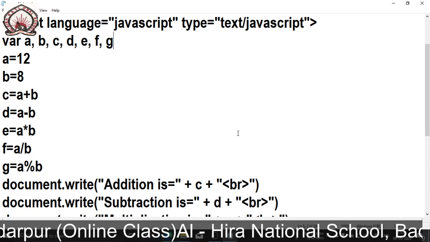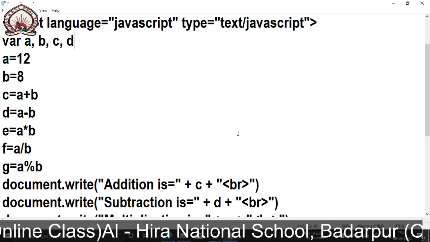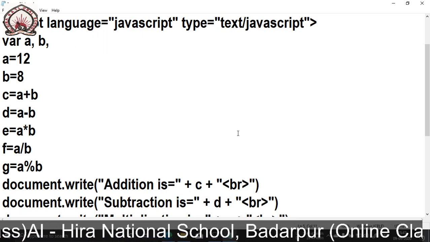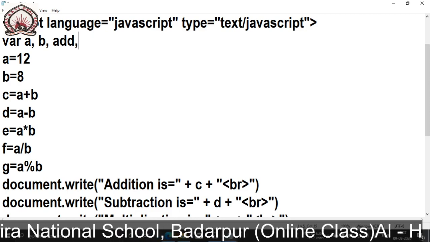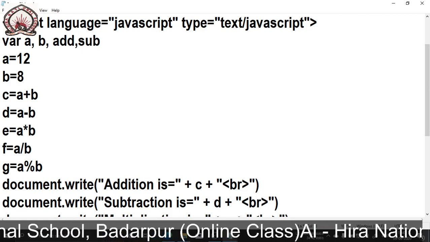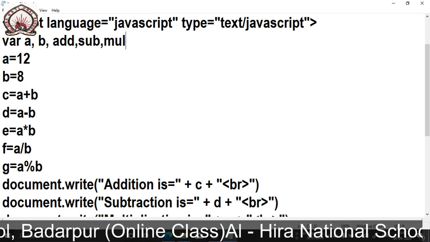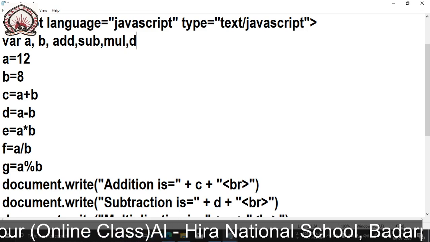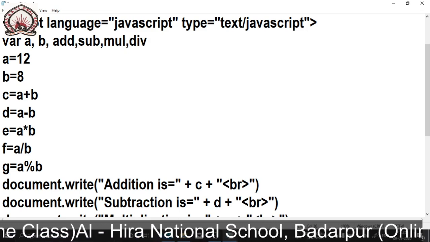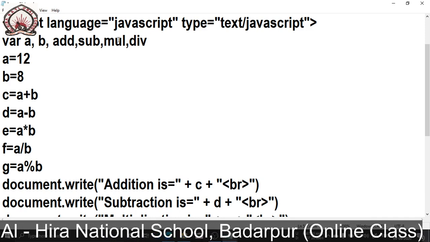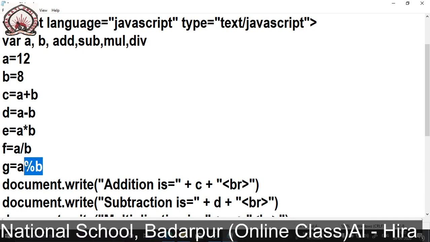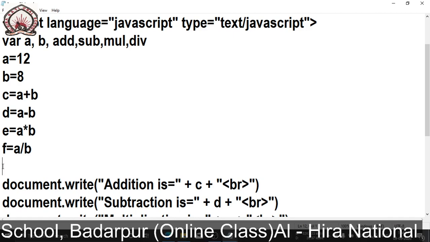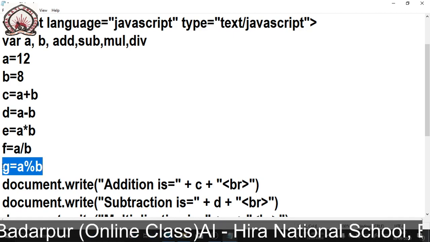So let me make some changes here. Suppose A and B are there, so I am typing ADD, means it will add; SUB means it will subtract; MUL means it will multiply; DIV it will divide. Let me remove this. Okay, let it be there. Control Z, it is there.